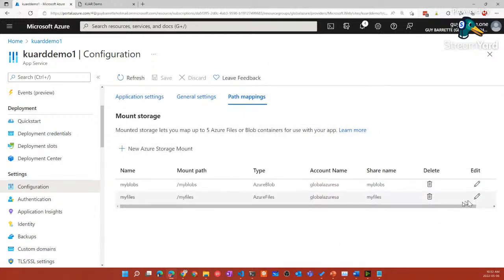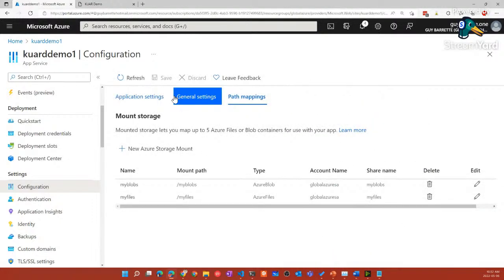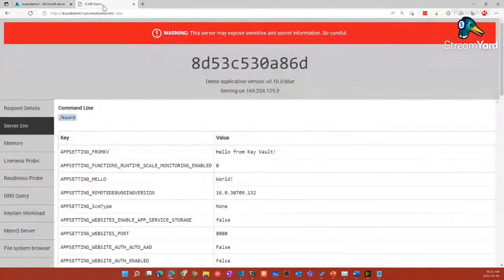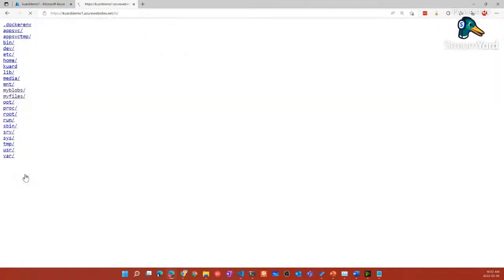For Azure Files, it's exactly the same. Instead, you select Azure Files here. That's pretty cool, because inside your container these will be seen as regular folders. So your code doesn't need to use any kind of SDK to read and write files to blobs or Azure Files. It's seen as a simple